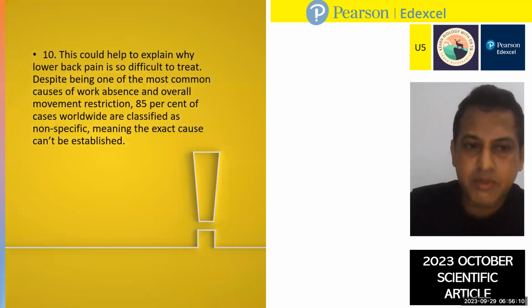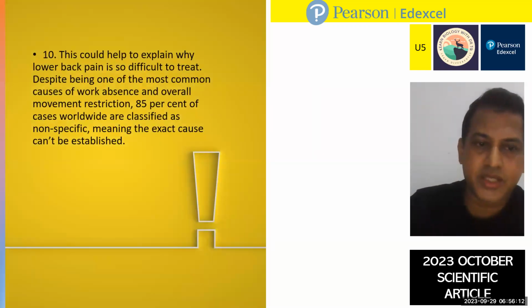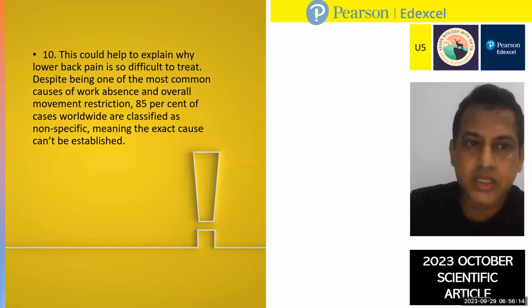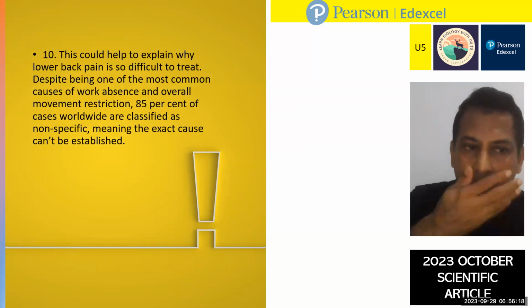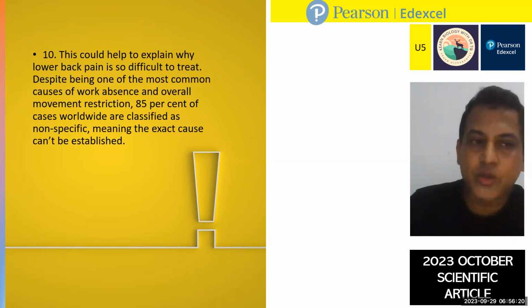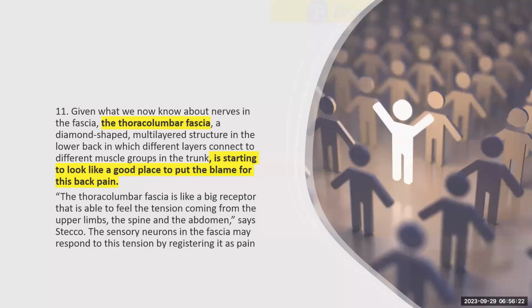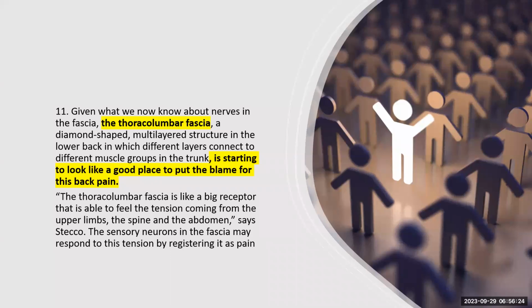Okay, paragraph number 10 is general information, and I didn't see any kind of potential question from this. Paragraph 11: we can find a very specialized fascia called thoracolumbar fascia. This thoracolumbar fascia is responsible to support low